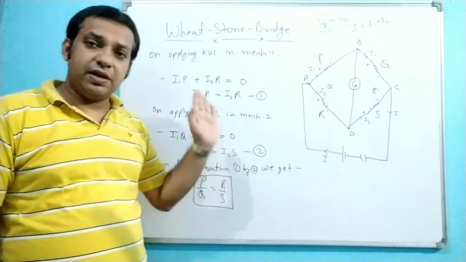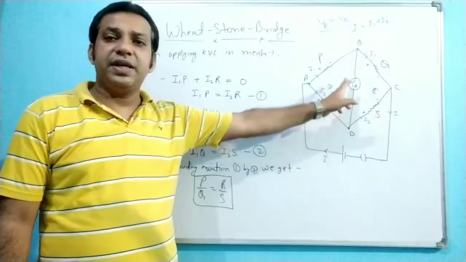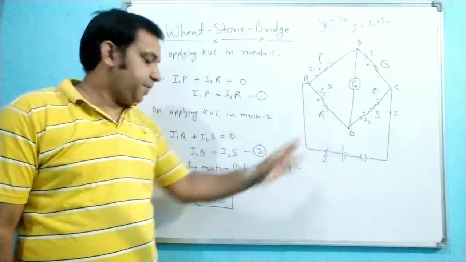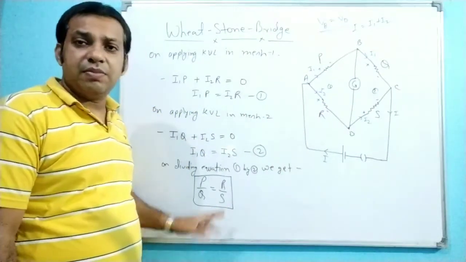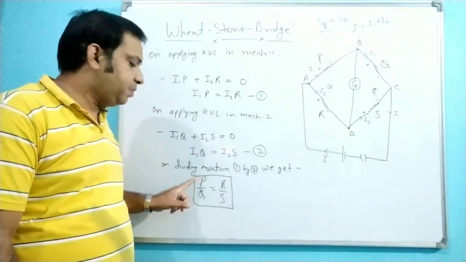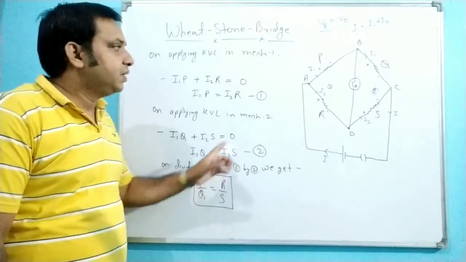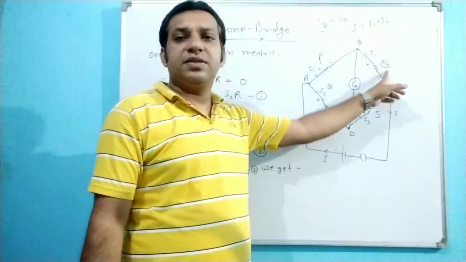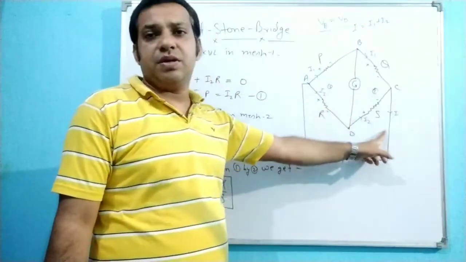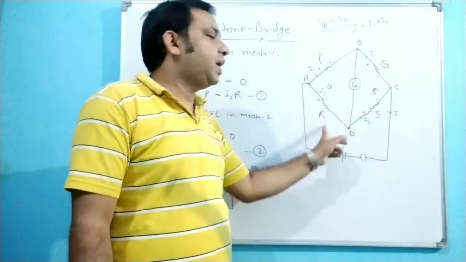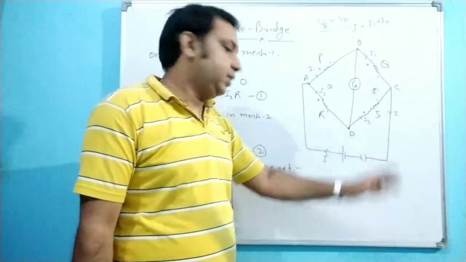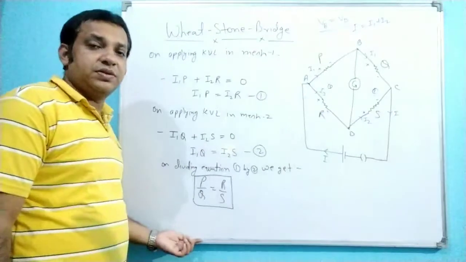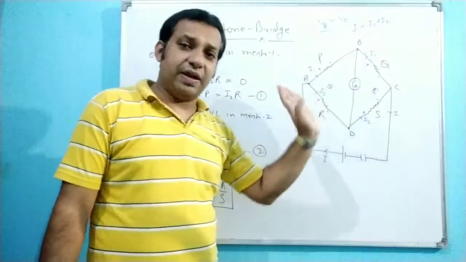So if you assume this galvanometer is indicating null deflection, that means this condition should be held by the arrangement of the resistors: P by Q is equal to R by S. The ratio of this resistor divided by this one is equal to this divided by this one. P by Q is equal to R by S. Better? So when this condition holds, the galvanometer shows null deflection.